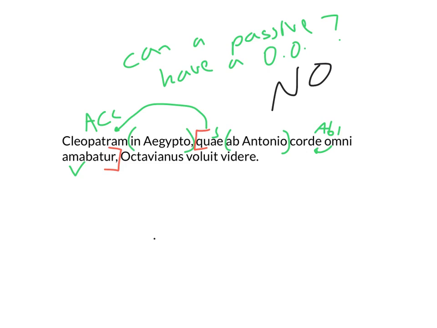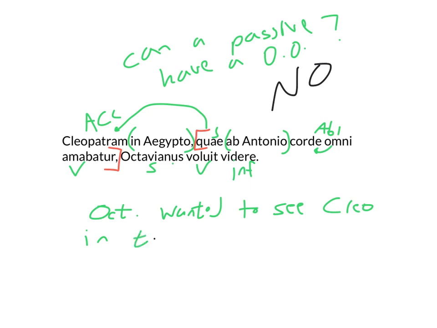Okay, Octavianus is nominative. We'll put an S for subject. Got a verb and an infinitive going with voluit. So you have Octavian, I'll just abbreviate him as Oct., wanted to see Cleopatra in Egypt,